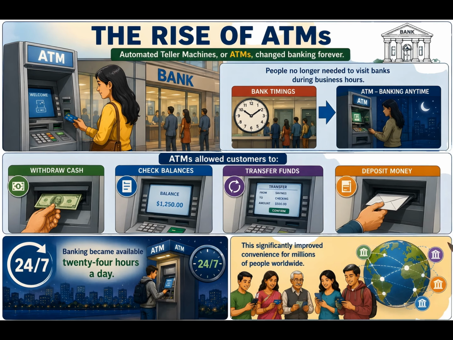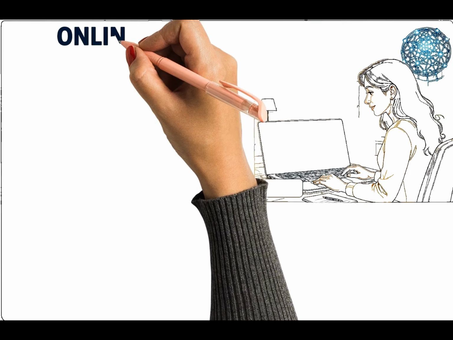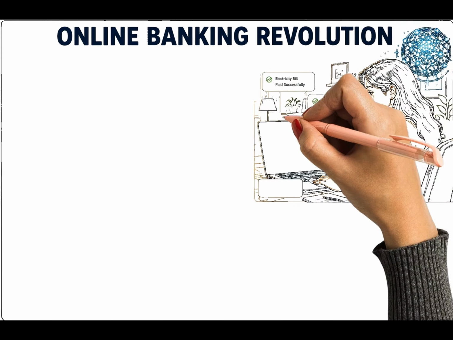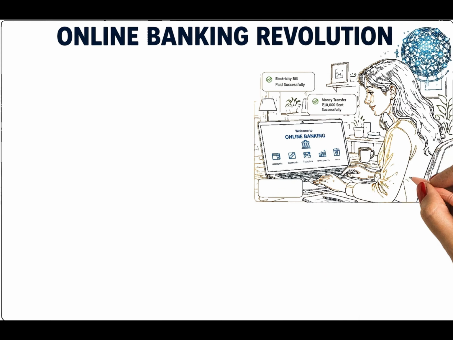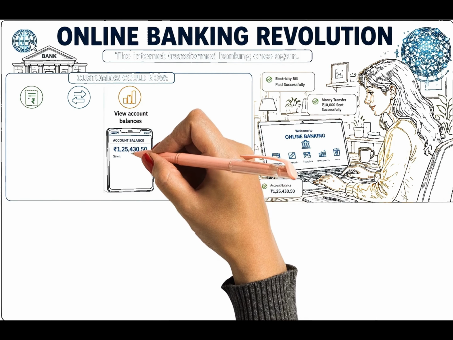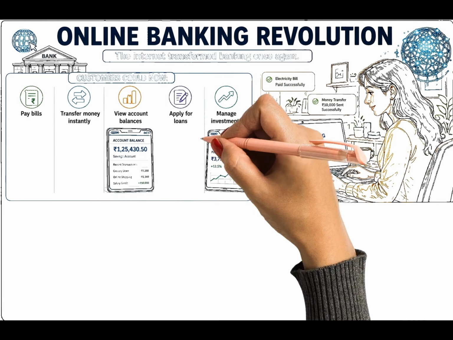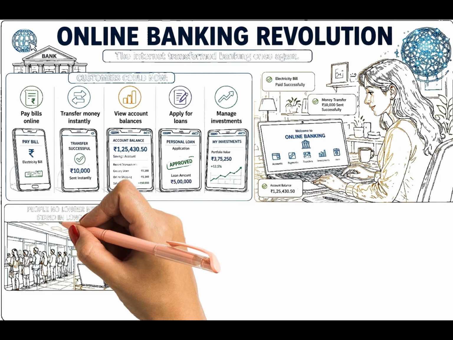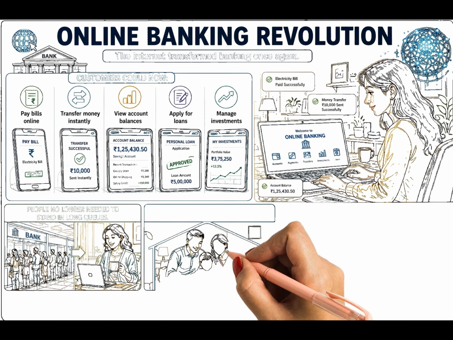From credit cards and ATMs to online banking, mobile payments, cryptocurrencies, and CBDCs, money continues evolving with technology. Every innovation makes financial systems faster, smarter, and more connected. Yet this remarkable journey is still far from over, and the next chapter in the history of money is only beginning. The history of money, from barter to digital payments, Part 3.